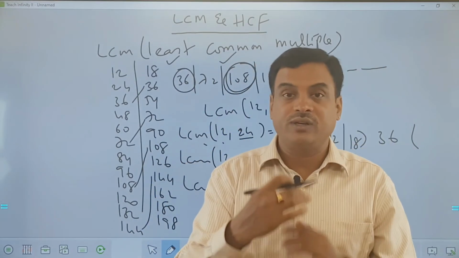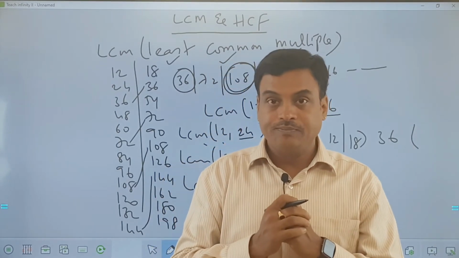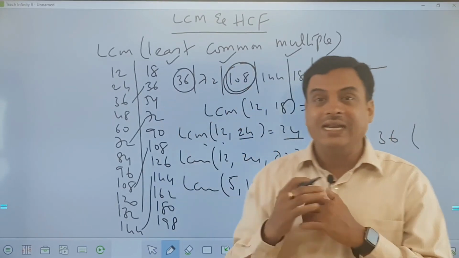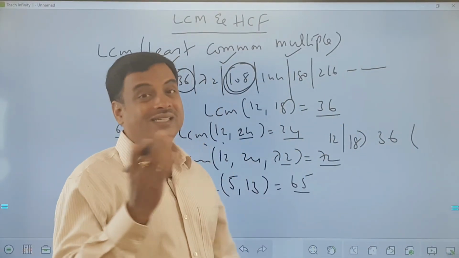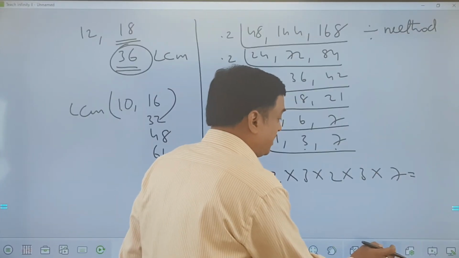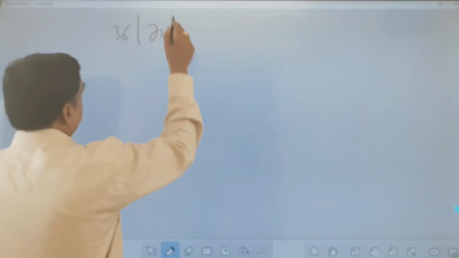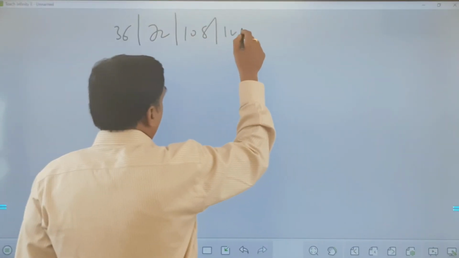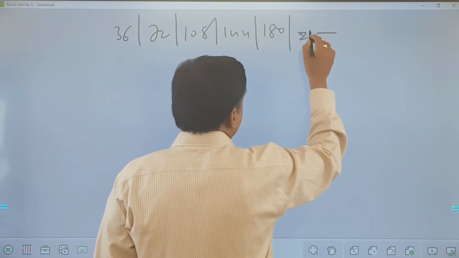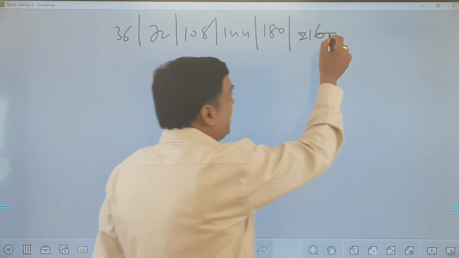Let's take one more question of a similar type. I want to now know the greatest 3-digit number which is divisible by 12 and 18. Greatest 3-digit number. You know, the greatest 3-digit number will be somewhere in the 900s. Correct? So what is an alternate method here, friends? Listen, the numbers were 36, 72, 108, 144, 180, 216 and so on. But can I write till 900 like this?